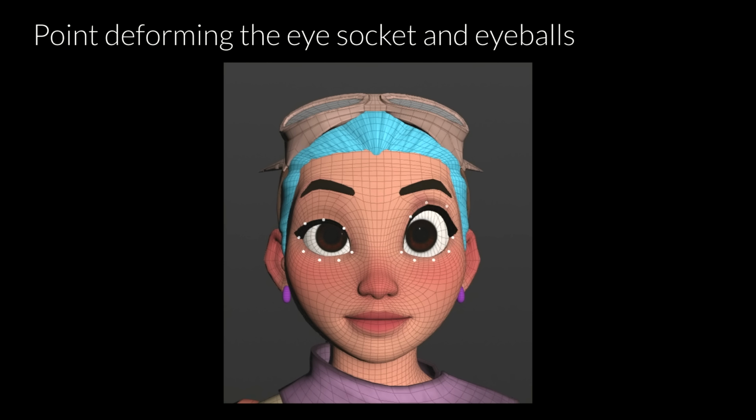Another technique that is very similar to the lattice deformation is called the point deform operator, or the cage deformation. It's very similar to a lattice, except that it accepts a cage that is not cubic. So in this case, here's the effect that I want to achieve. I want to achieve very extra wide open eyes. So if I want to open an eye very wide, usually it's a kind of a stretch effect. So we're going to raise the eyebrows, we're going to open the upper eyelid to the maximum and the lower eyelid to the maximum. But if we just do that, the eyes remain spherical,